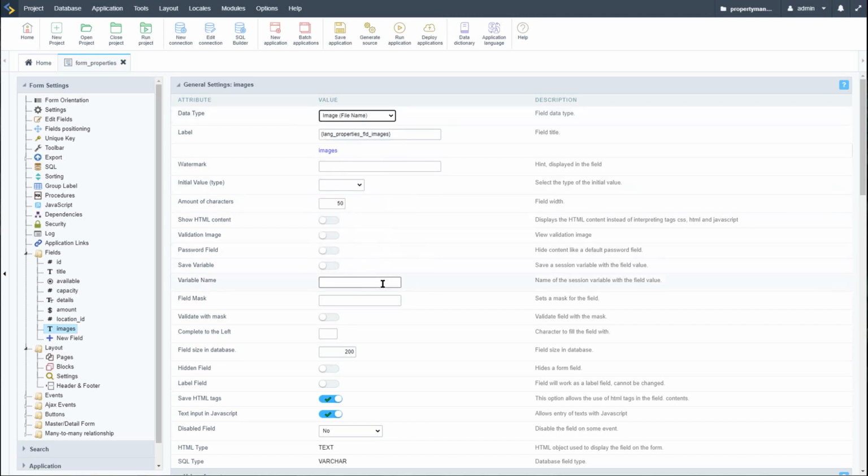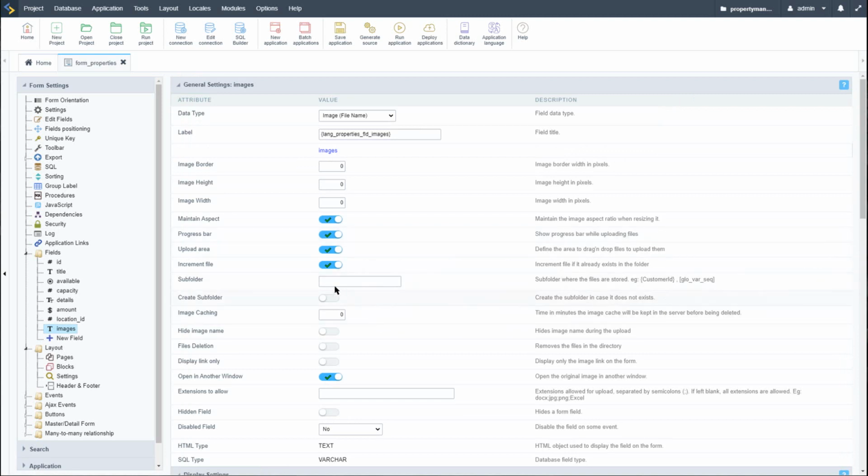Okay, so here we want file, image file name. I want to create a folder here. So when we upload the image, they are within their own folders for each property. So now if we add the property underscore and then the ID being used within this form,